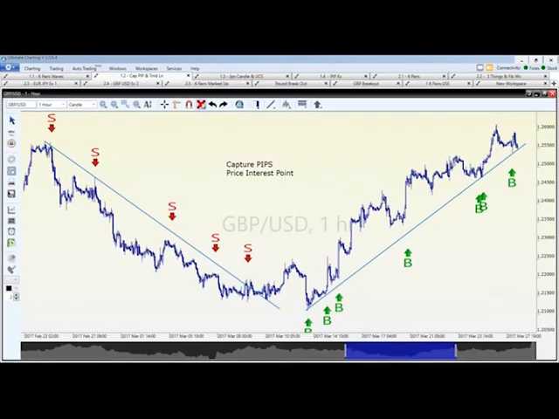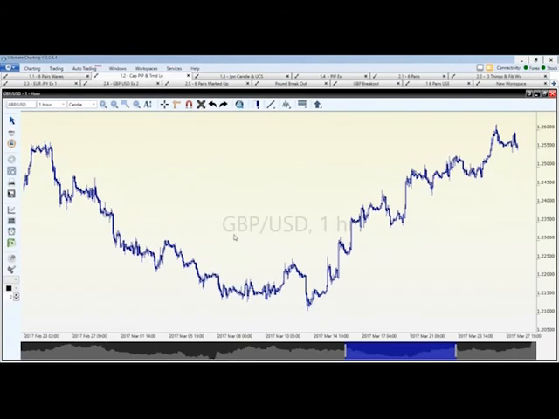And hopefully right now, you can see something called the British pound and the US dollar, okay? Does everybody see that? And I'm going to just show you right here. So this is the British pound, Great Britain pound, and the US dollar. And then right here, it says 1 hour, okay? So hopefully you can see that.